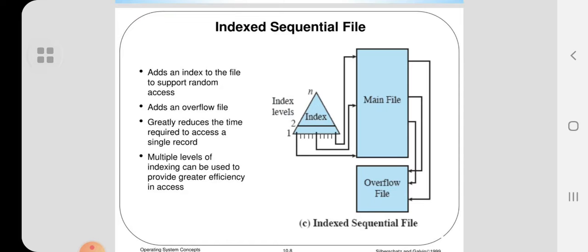So, the figure shows the index sequential file: the main file, the overflow file and the indexes are there. The index provides a lookup capability to reach quickly the vicinity of a desired record, while the overflow file is similar to the log file used with a sequential file but is integrated so that the records in the overflow file are located by following a pointer from the record.